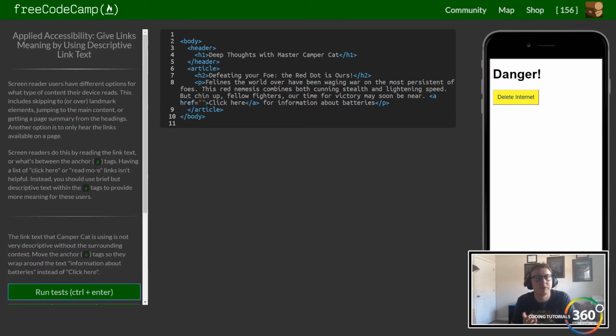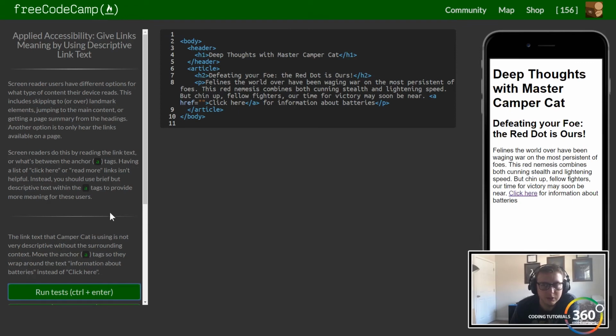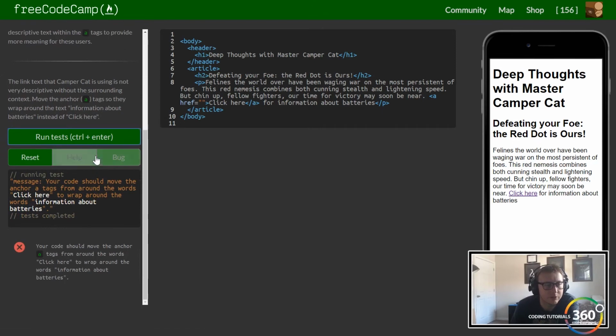Give links meaning by using descriptive link text. So the link text that the Campercat is using is not very descriptive without the surrounding context. Move the anchor tag so they wrap around text information about batteries instead of click here. Okay, so